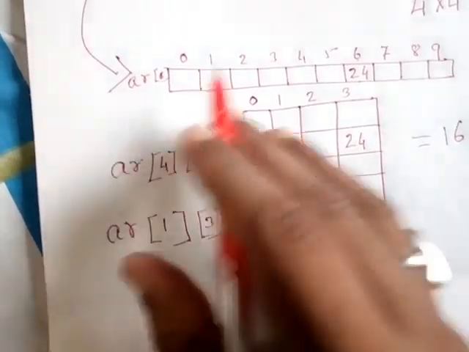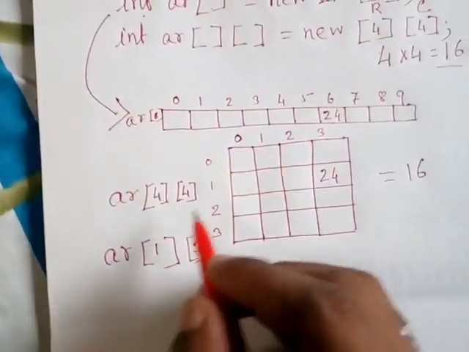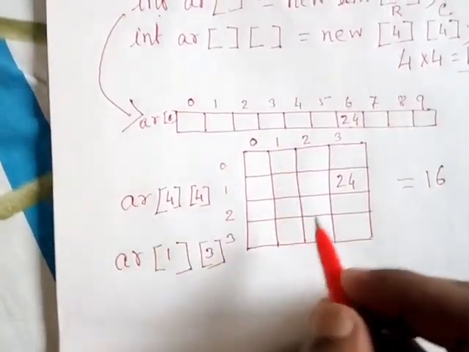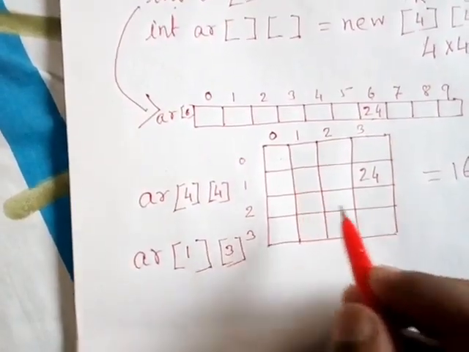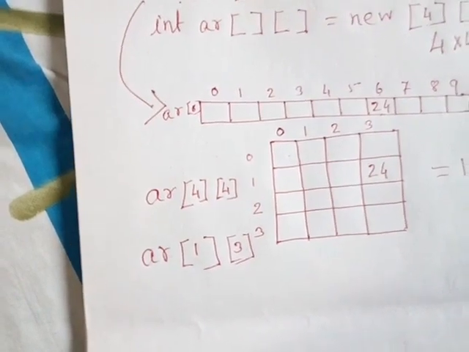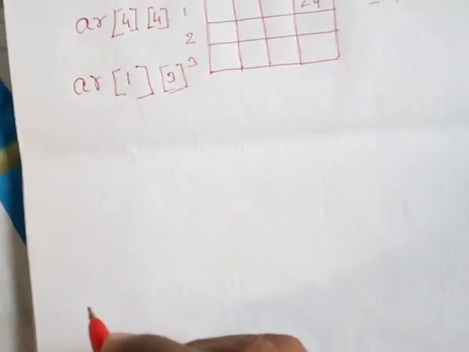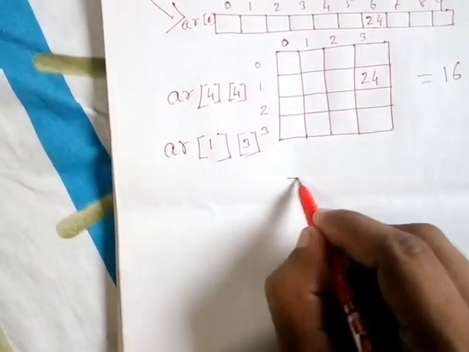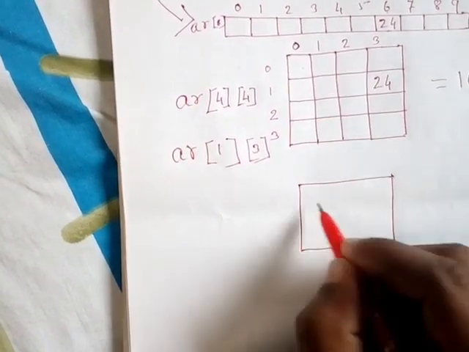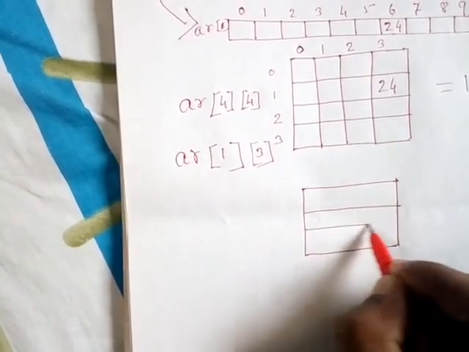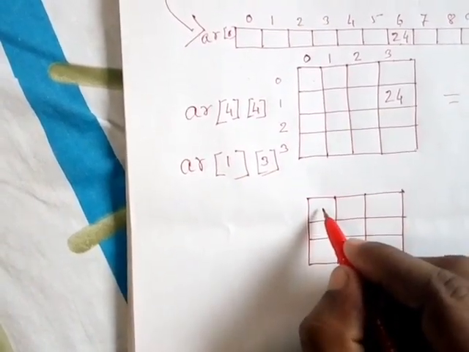This is the basic concept of 2D arrays. That is why I have written all these things, so that your basic concept is clear about the 2D array. And now after explaining this part, I am going to write a small program by which your concept will be clearer. For example, suppose I am drawing one matrix. 1 2 3, 1 2 3.